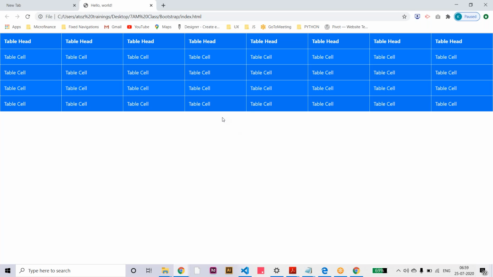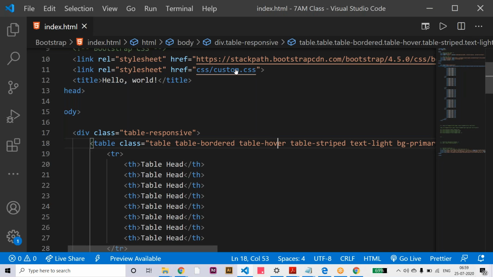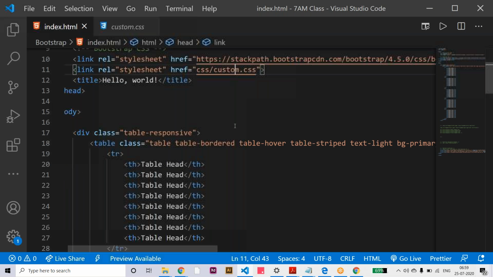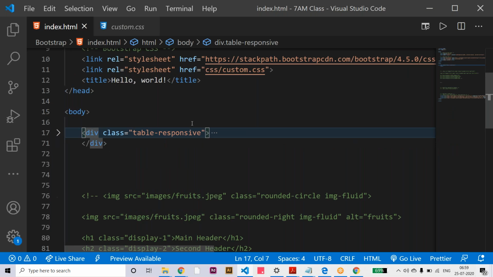Suppose you want some custom styling, then you have to write your own CSS. Just like I created my BG on the navigation section, right? So we need to create our custom class in the custom.css, and then you can apply it for any specific custom style.